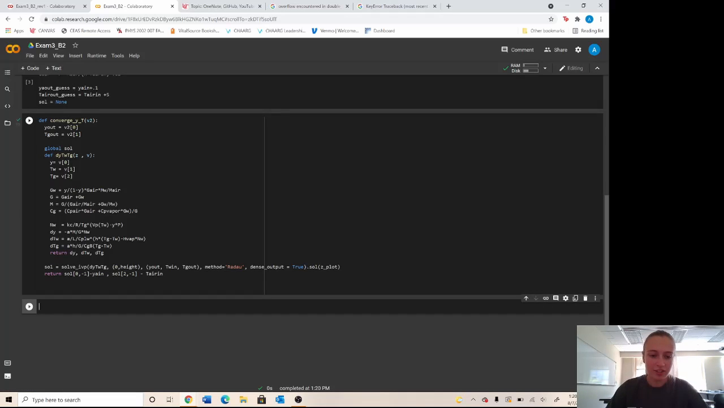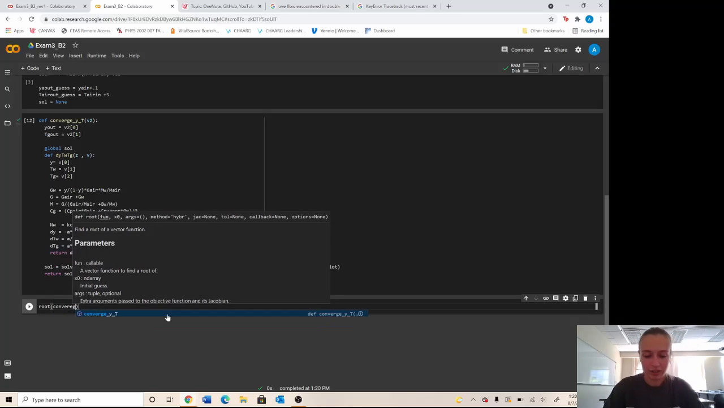So we're going to hit Shift Enter. Seemed to work, and then we are going to do our converge function, which will give us our values. So converge y underscore, we're going to do the root of our converge function. So root, our function converge underscore y underscore t,